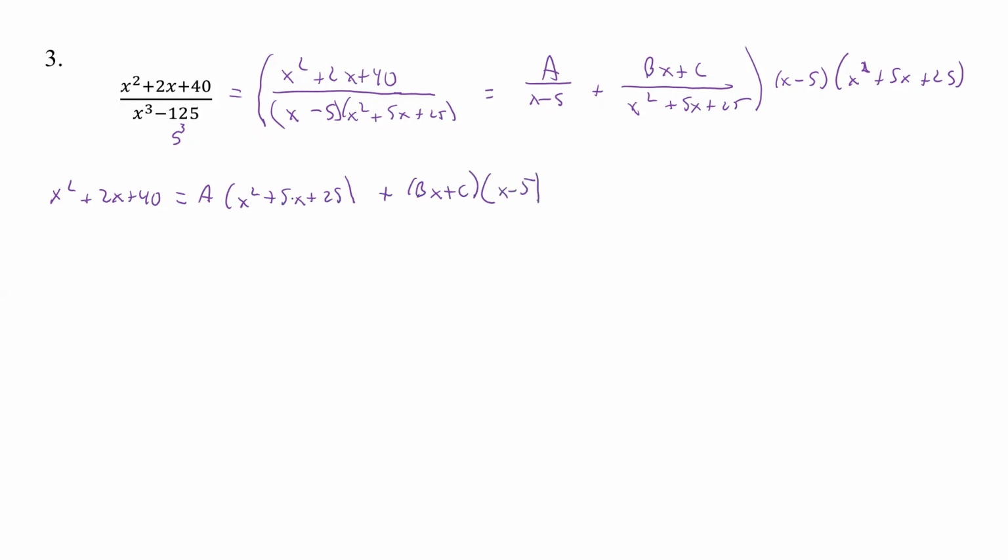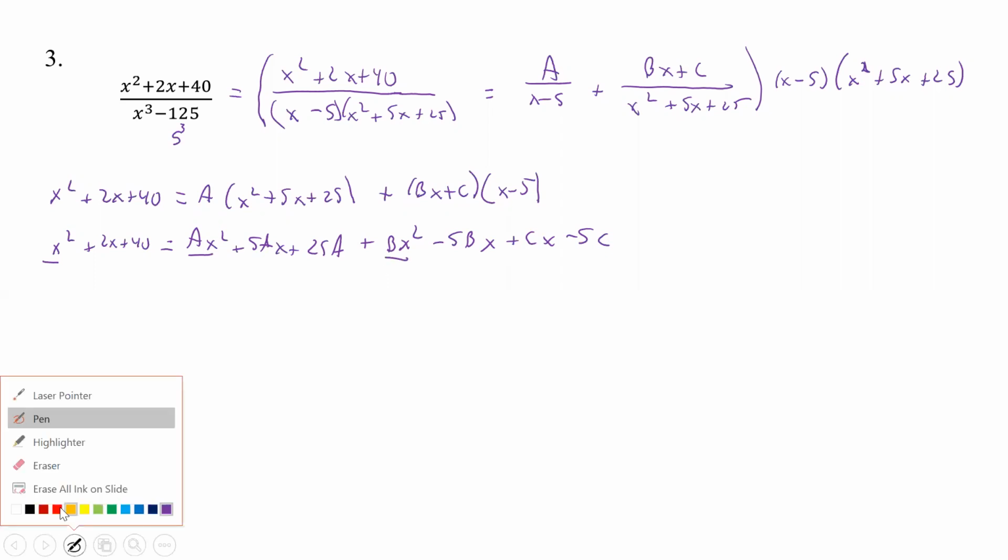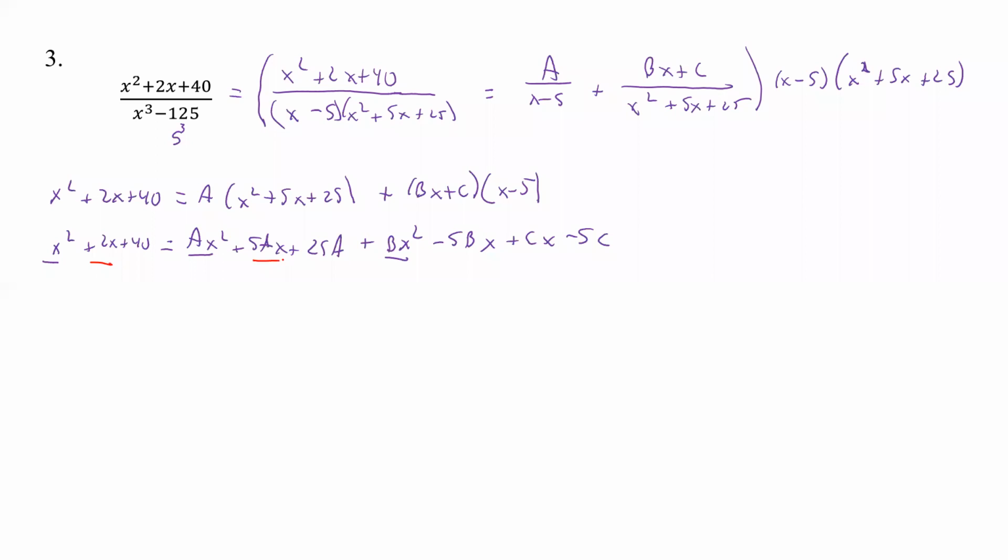Okay, now I distribute here and FOIL here. So that's going to give me ax squared plus 5ax plus 25a plus, now bx times x is going to be bx squared. Bx times minus 5 is minus 5bx. C times x is cx, and then I have minus 5c. All right, so x squared, x squared, x squared. Then I have x, x, x, x. And then we have a number,